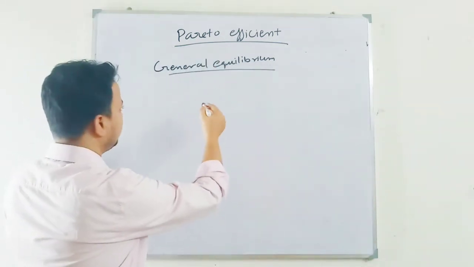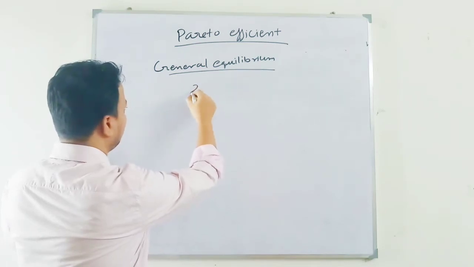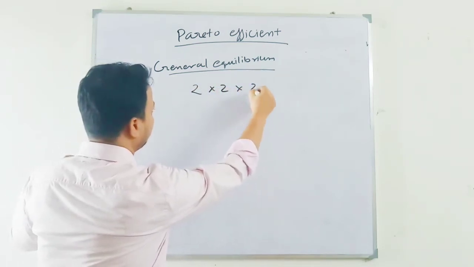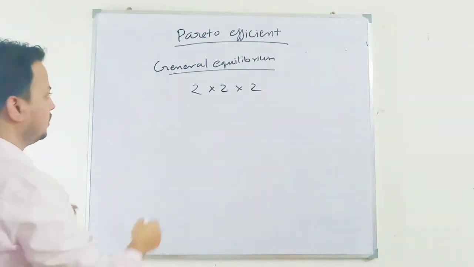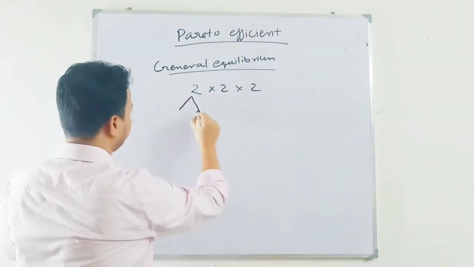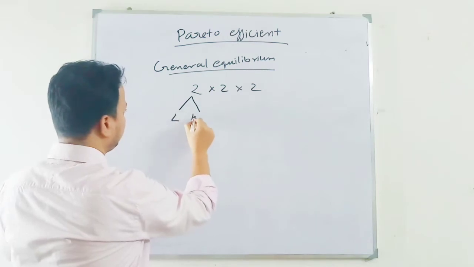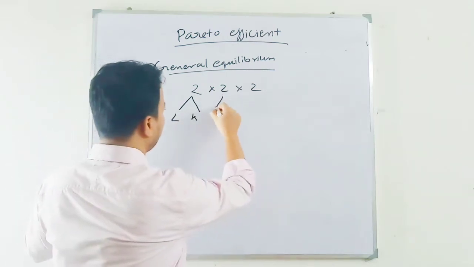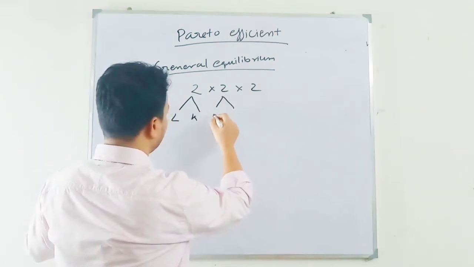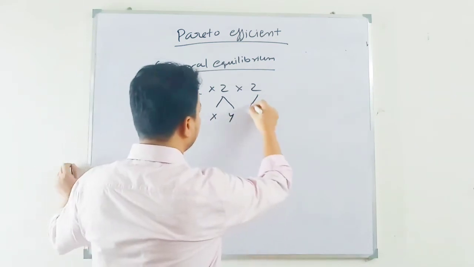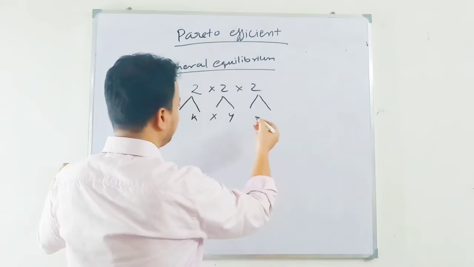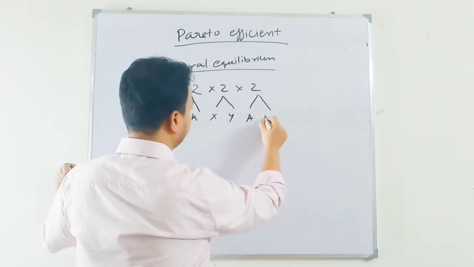So in a simple model we take a 2 by 2 economy: two factors of production, labor and capital, producing two goods, say goods X and Y, and